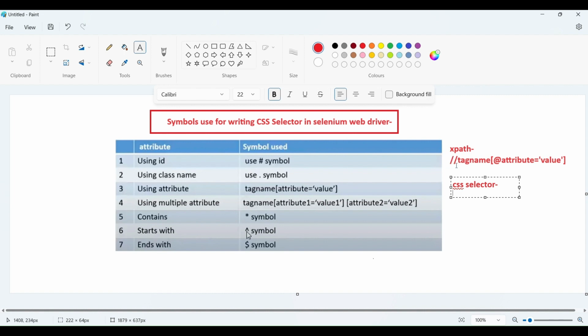So you just mention the tag name, bracket. There is no need to add the at-the-rate symbol. I'm not going to add at the rate because I'm creating the CSS selector. But if you are going to create the XPath, you need to add the symbol, right? But I'm not going to add this. Just mention